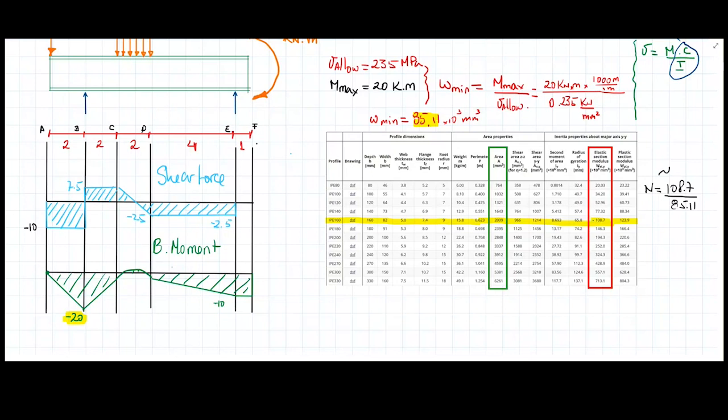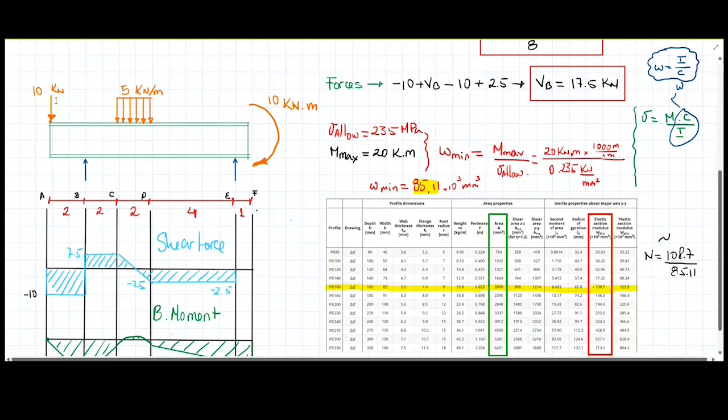Now let's apply Macaulay to calculate the deformation of this beam. Now we know that there is a bunch of loads here. We have 1, 2, 3 point loads, one distributed load, and one moment applied to this beam, meaning that if we wanted to apply any conventional method, such as the double integration method, we would have to create several equations to partition this beam into segments and analyze separately what's happening with the deformation in each one of these segments. Now, Macaulay's is